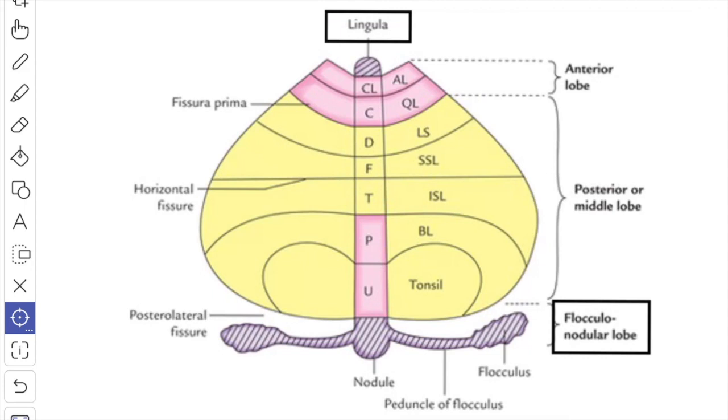Next we'll see the paleocerebellum or spinal cerebellum. Phylogenetically, it is the next part of the cerebellum to appear in the terrestrial vertebrates with the appearance of the limbs, for example the reptiles and the birds. It consists of the anterior lobe except the lingula, and the pyramid and the uvula of the inferior vermis. So the anterior lobe except the lingula, pyramid and the uvula of the inferior vermis forms the paleocerebellum or spinal